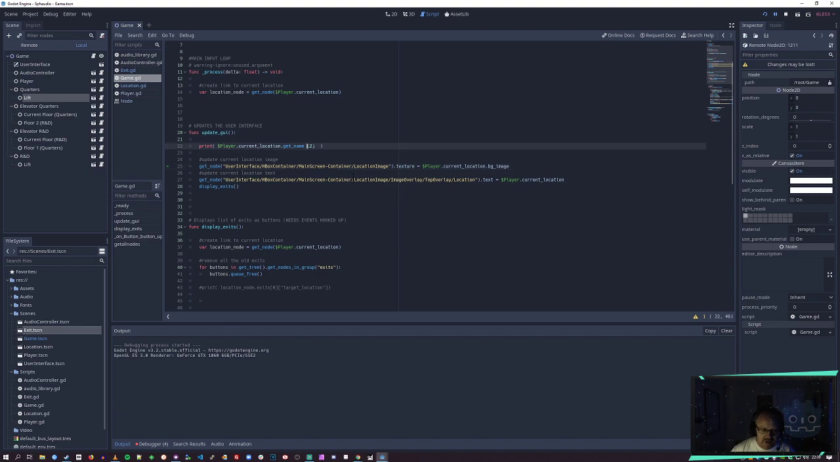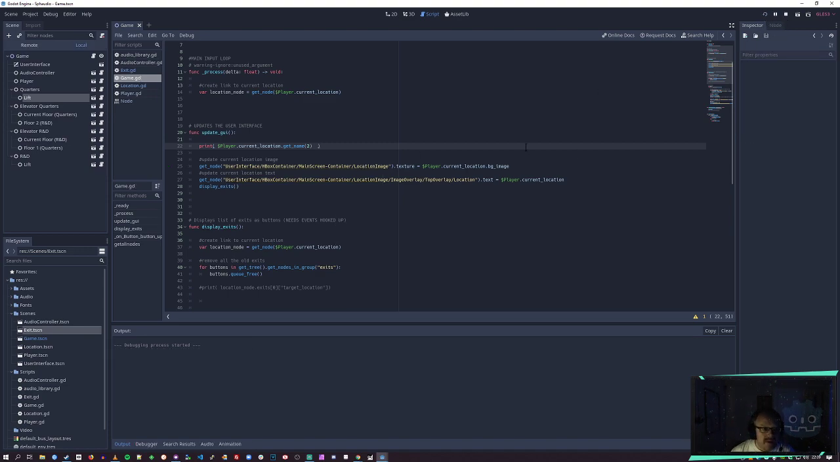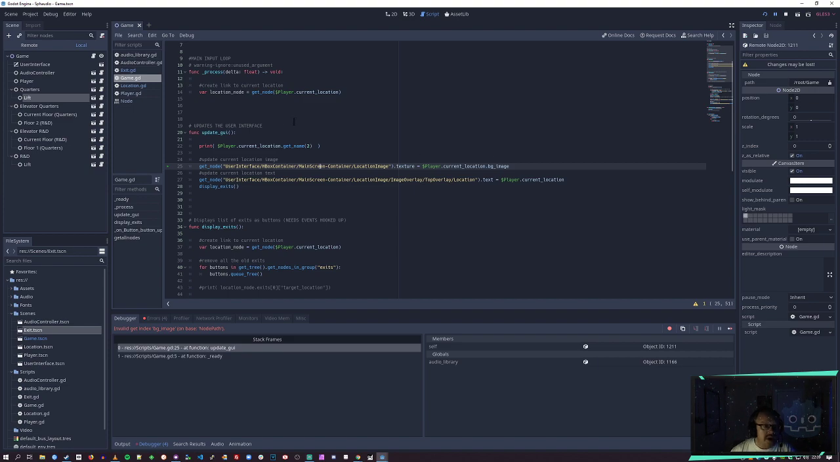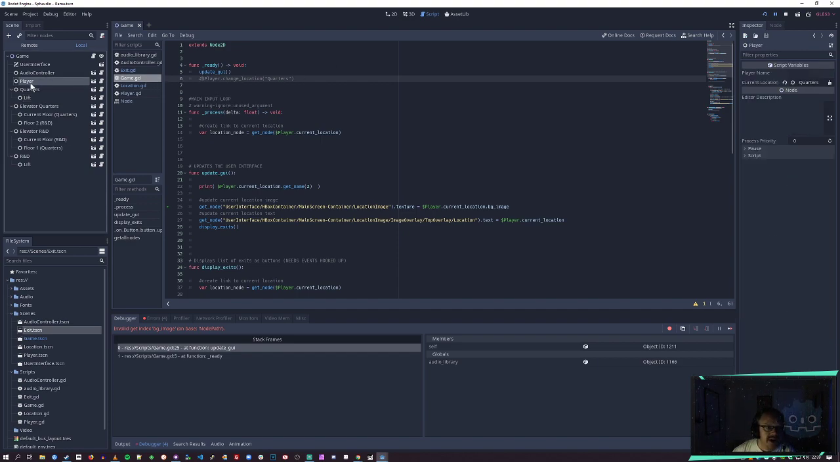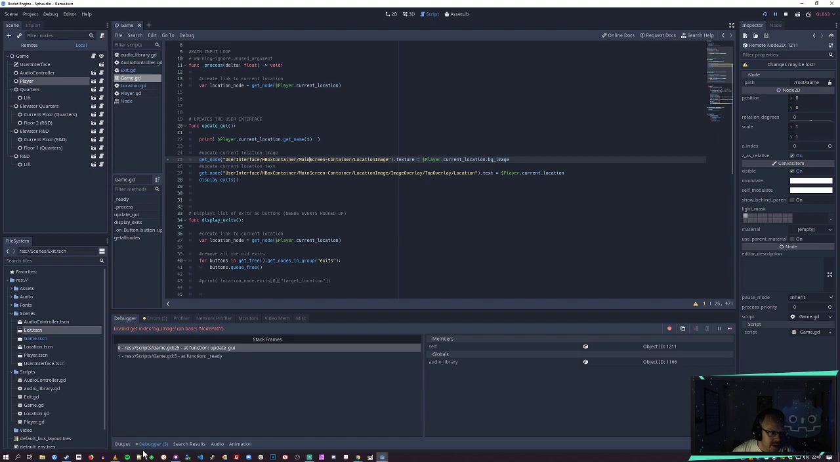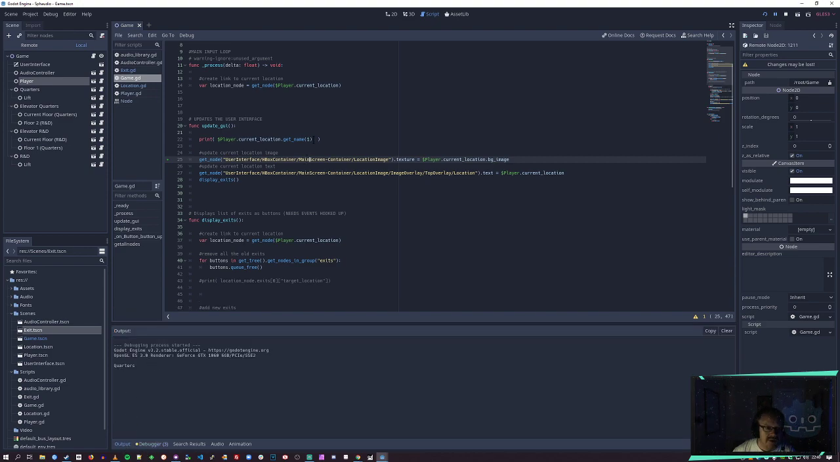Oh. Nothing. It's because I'm no longer setting a current location. No, the player has a current location. Quarters. What if I output 1? Quarters. Right, that's what I thought. Okay, so